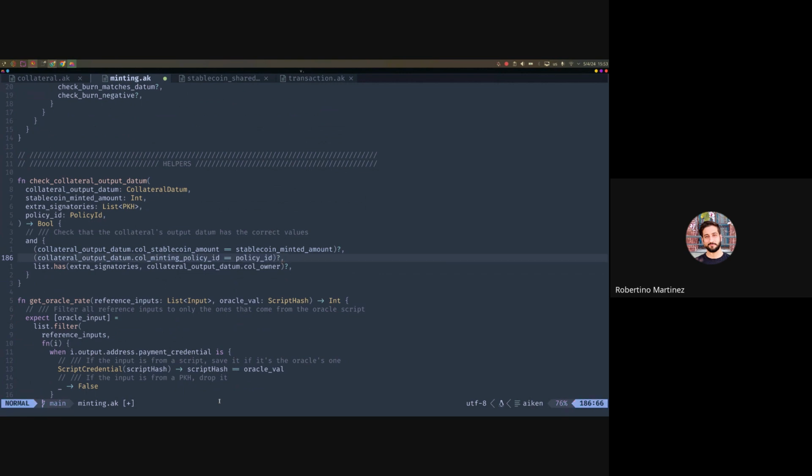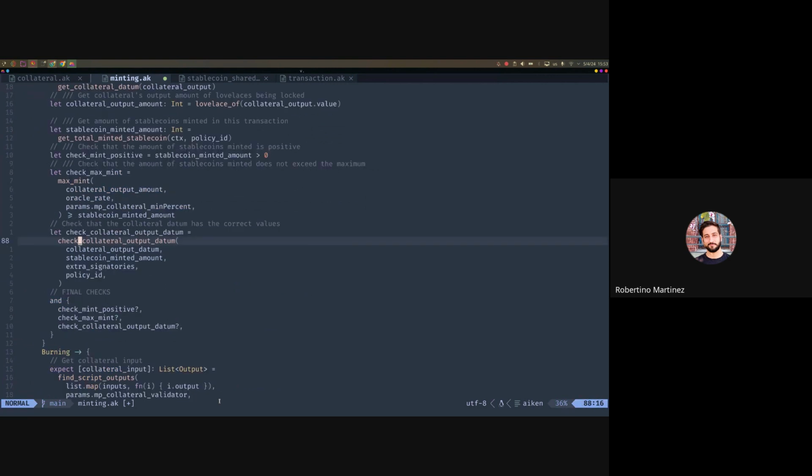And finally, we want to check that the transaction has been signed by the collateral owner that is written in the datum. So in the datum, we said that there's a specific collateral owner, and we are making sure that this transaction is being signed by that specific collateral owner. So you cannot create collateral for someone else. You have to mint for yourself. And that's the last